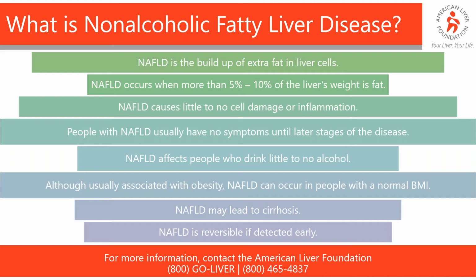But if you look all the way down to the bottom here, the best news is that NAFLD, non-alcoholic fatty liver disease, is reversible. Okay, if you detect that early, get on that healthy diet and lifestyle, and you can reverse it. The caution we always tell people is that once your liver has gotten fatty liver, even if you reverse it, your liver is still going to be susceptible to that. And that's why we always talk about lifestyle change. Okay, it's not just a diet for a few months to get rid of that fat. This has to be an ongoing